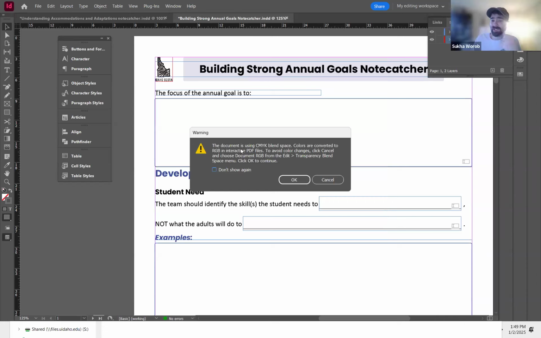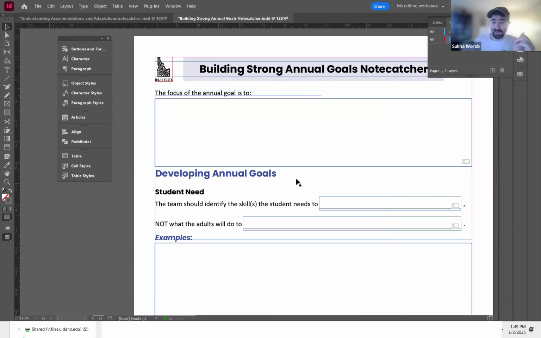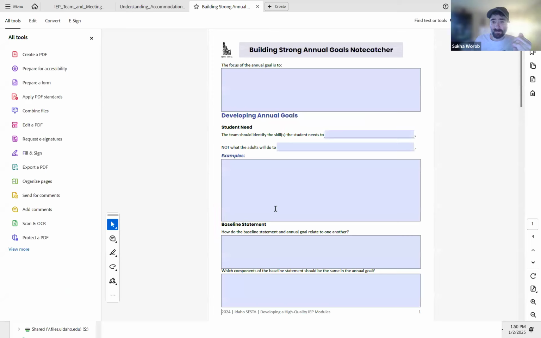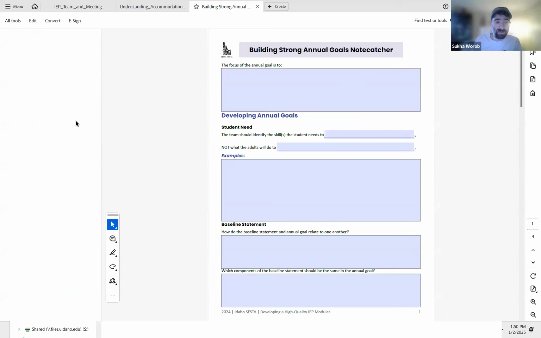It's going to tell me it's using CMYK. That's fine. That is a print characteristic. It's not something we need to worry about at this point. We'll hit OK. It's going to generate our PDF. And there we go. We are good to go. And if we did our job right, when we check for accessibility,